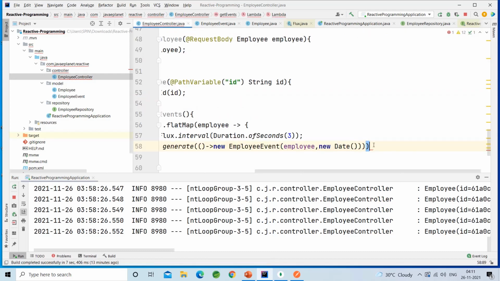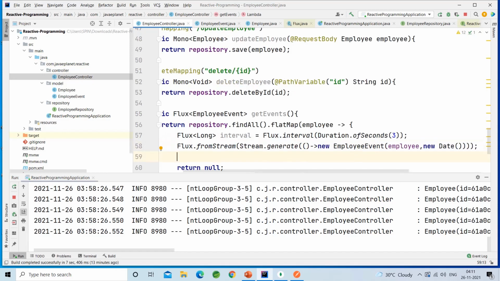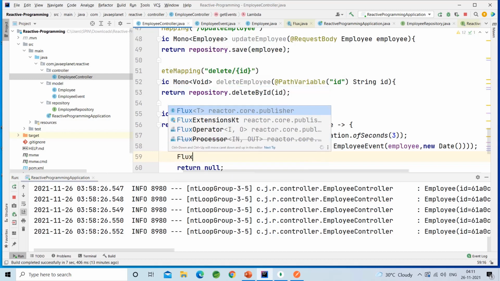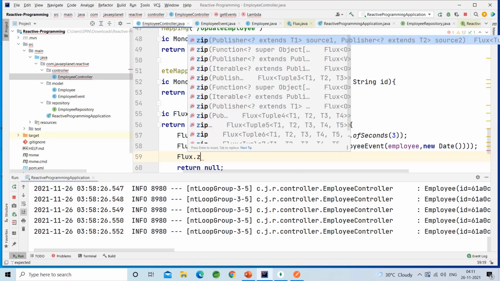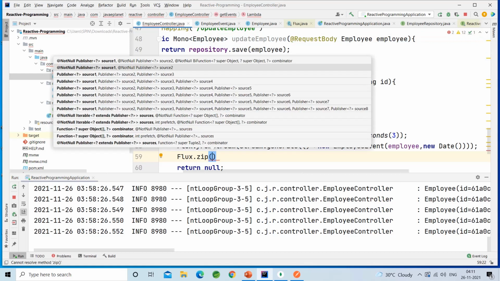What I'm doing now is Flux.zip, that takes the publisher.